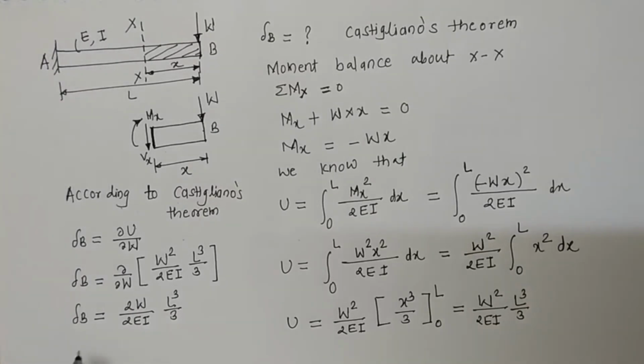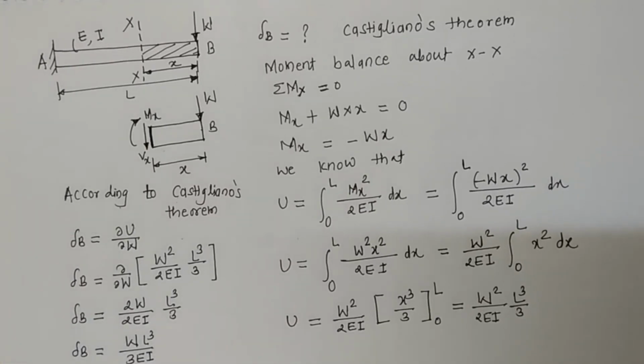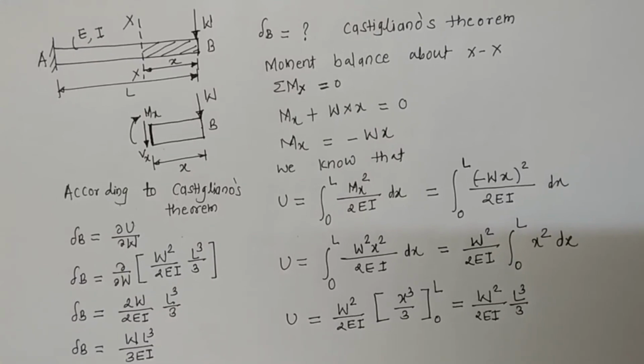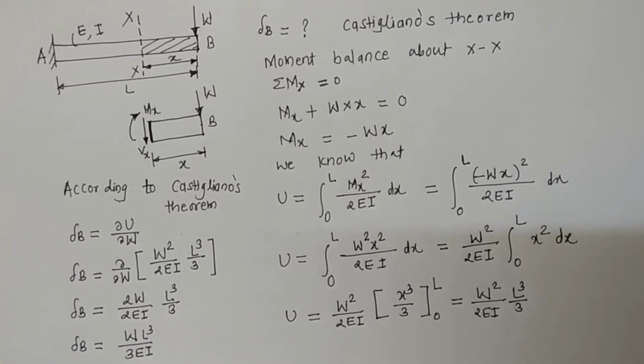And if I simplify this expression, I would get delta B equal to W L cube by 3EI. So in this way, we have calculated deflection at this point B by using Castigliano's theorem,